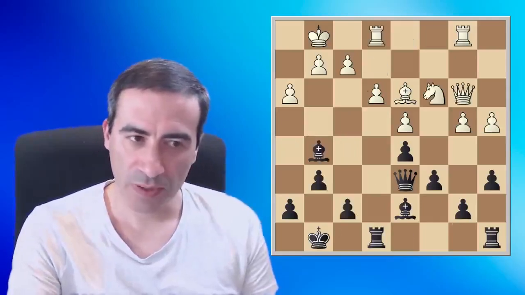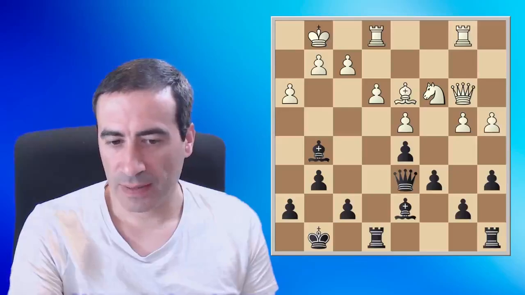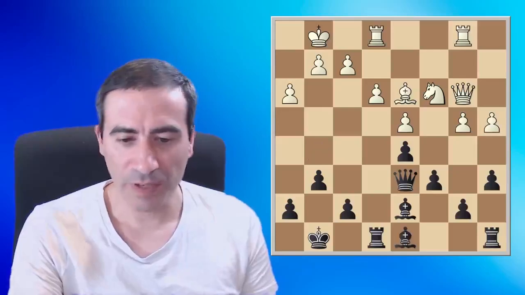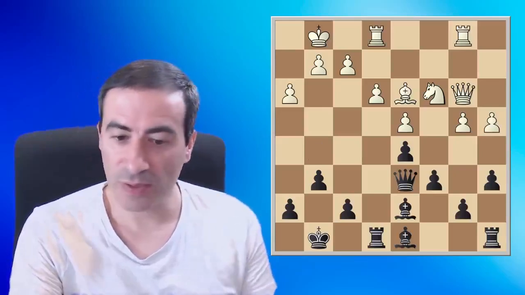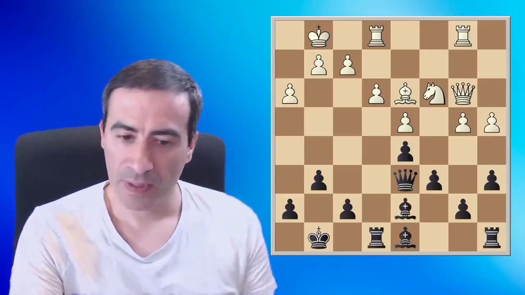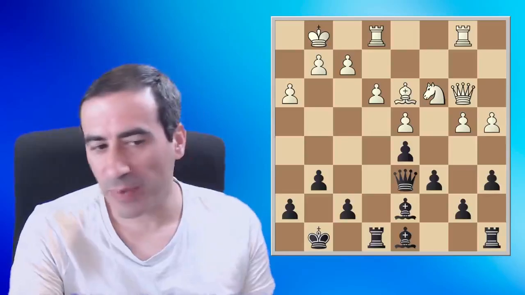So I played rook e1, and here bishop d8, a very important move. So now we see that bishop c7, queen h2 is a threat. And white has an interesting decision